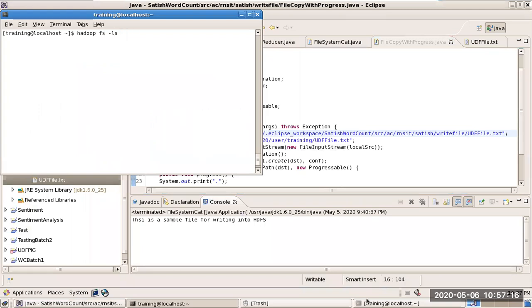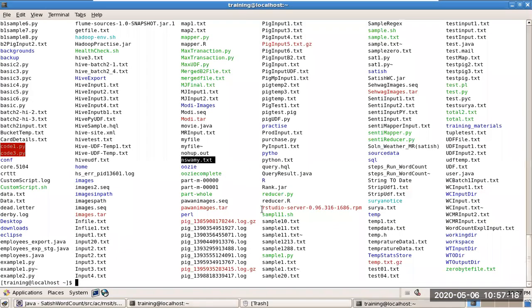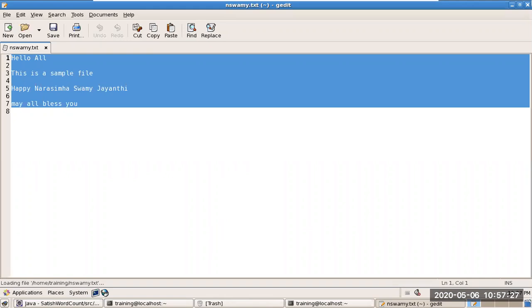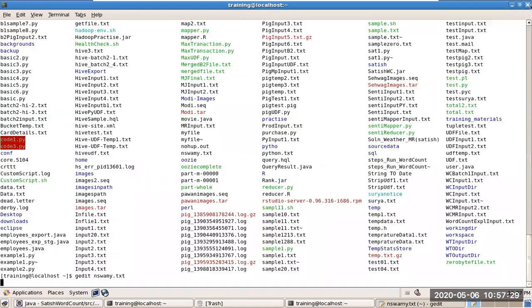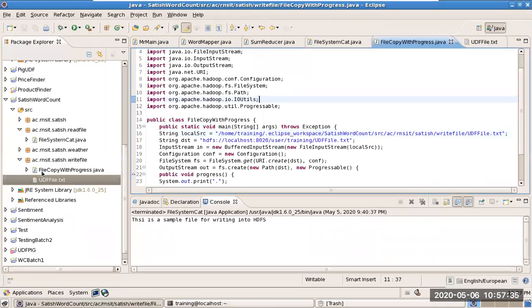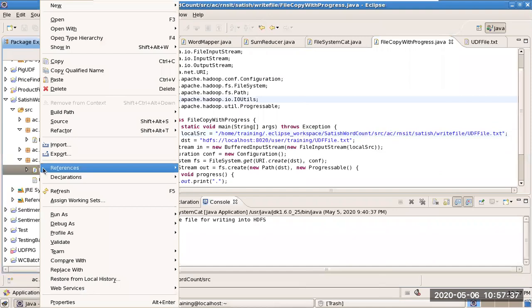I'm sorry, I just copy it. Okay, gedit nswami.txt. I just copy the contents. Same contents, I just create it here. You can see, along with the file, I create a new